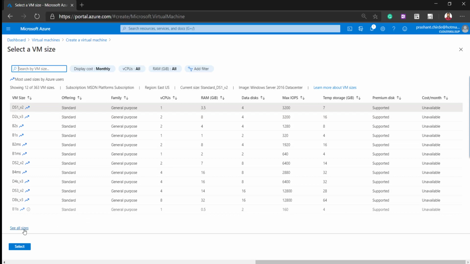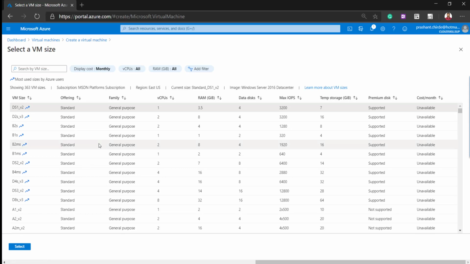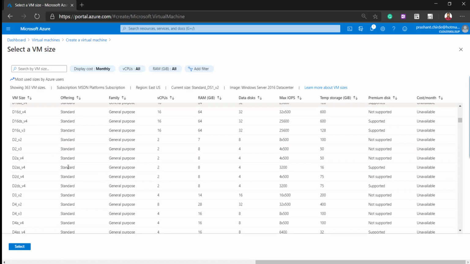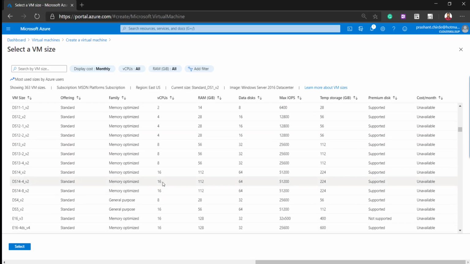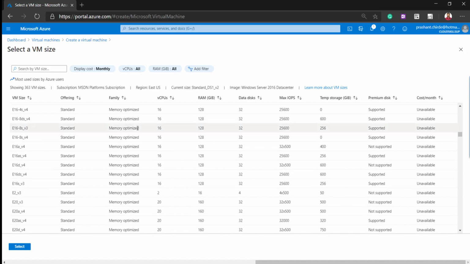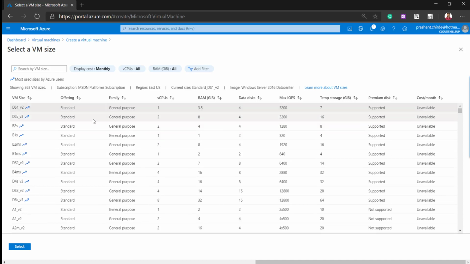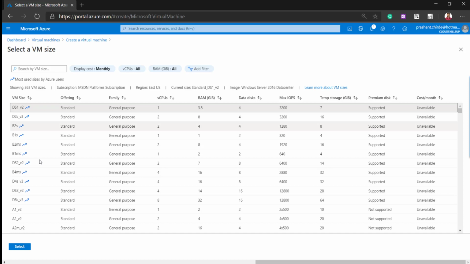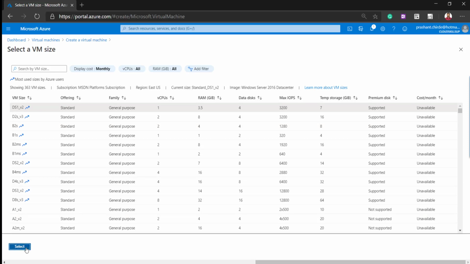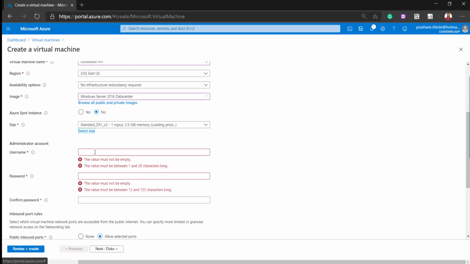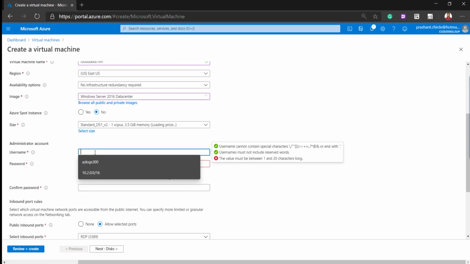And if you want to see more VM sizes, you just have to click on this button, see all VM sizes. Once you click here, all the VM sizes available right now will pop up here, and you can select from these. So for our demo, I'm going to use the DS1 v2 image, and then we have to specify the username for this particular VM, so that using this username we can log in to the virtual machine.